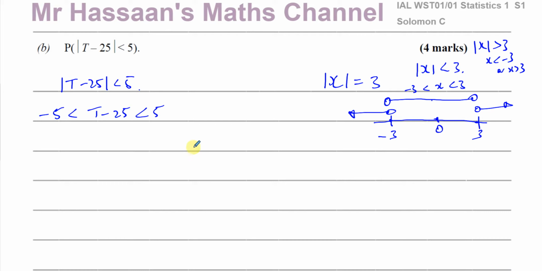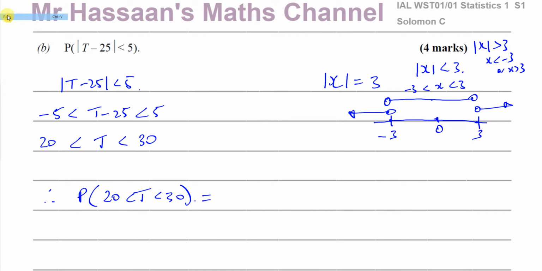So to solve this, I have to find t in the middle by itself. So I can add 25 to all parts of this inequality. So if I add 25 to -5, I'm going to get 20. If I add 25 to 5, I'm going to get 30. So basically what we have to do is we have to find the probability that t is between 20 and 30. That's what we have to do. That's what we're looking for. So we have to standardize these scores. So let me just